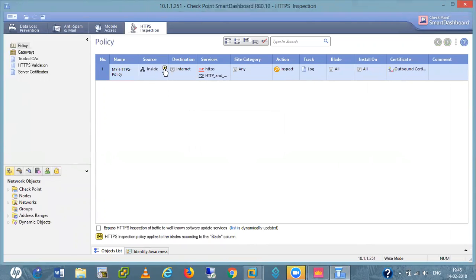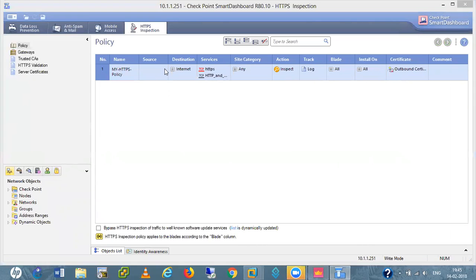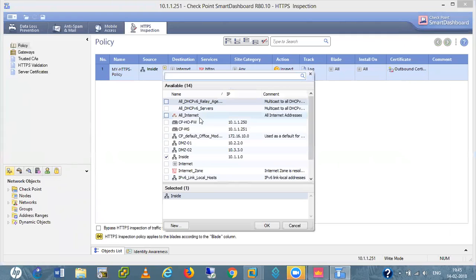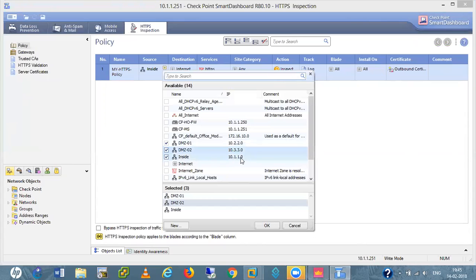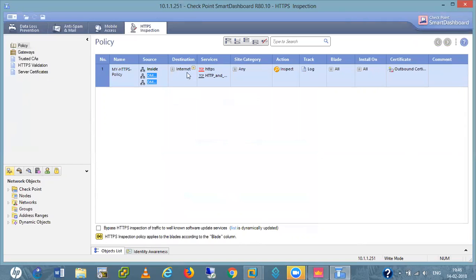Here I define my source. I have DMZ, my inside network, DMZ2 and inside network. I will define these three sources here. In destination, any destination on the internet, outside. I am inspecting HTTPS, and HTTP and HTTPS proxy.